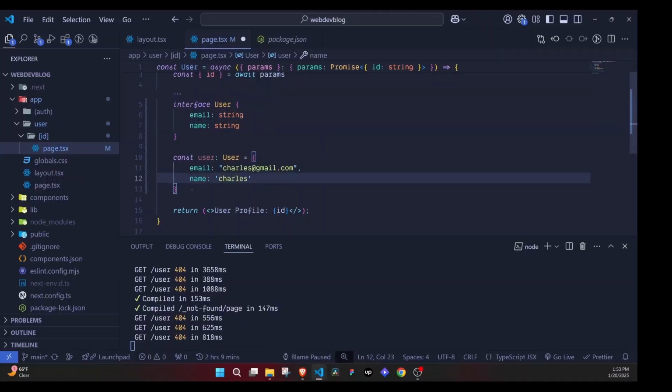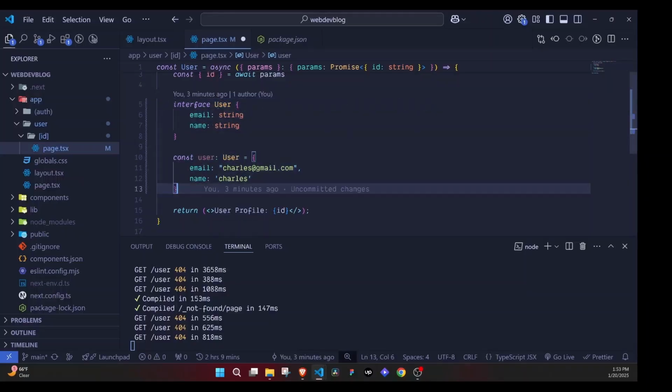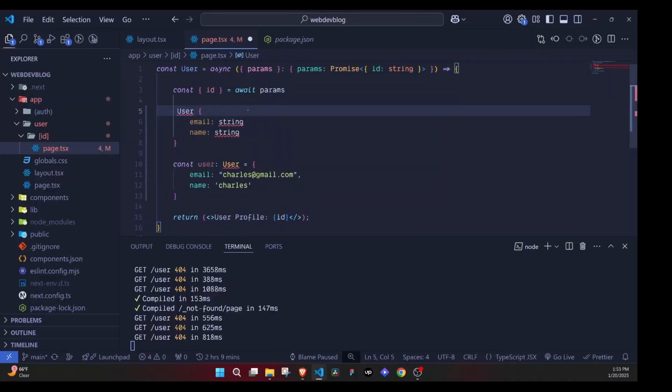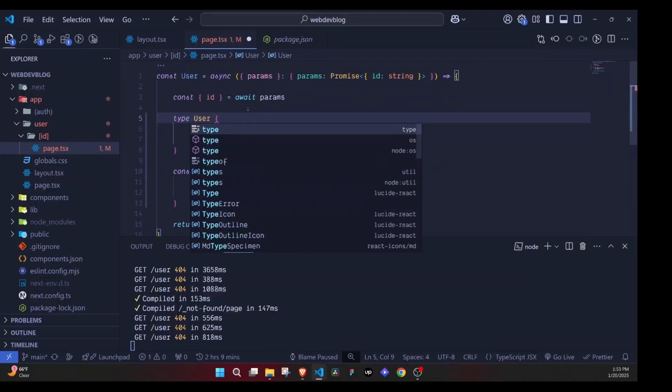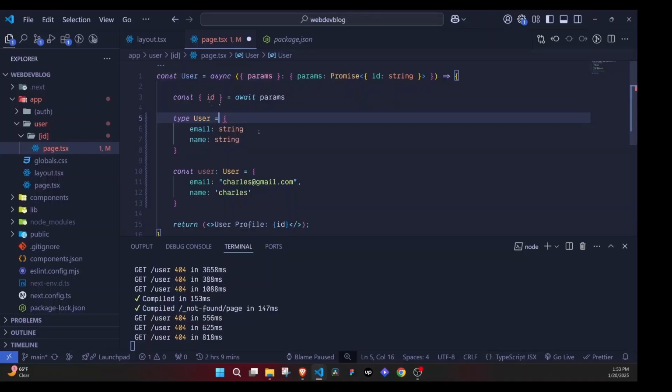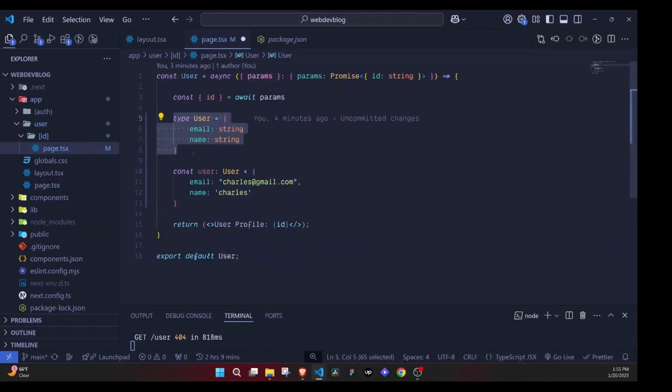So I told you, you could either use an interface or a type to declare the shape of the data. In this case, we are making use of an interface. Now let's try the type. For the type, you'll say type User, then you'll need to have an equal sign here, and it will still work. There are a few differences between using type and interface, but you don't really need to worry much about them. You can use them interchangeably in most cases, and you'll be seeing more examples as we move on with the